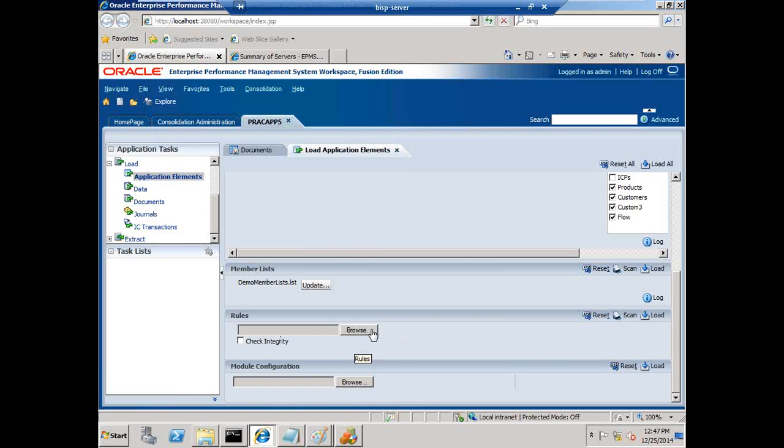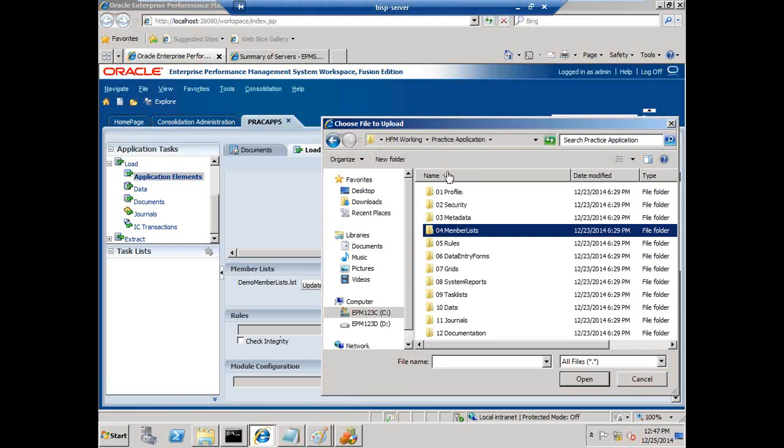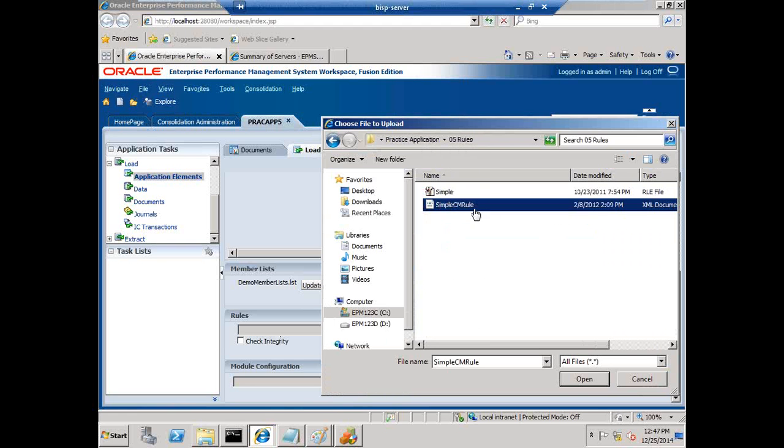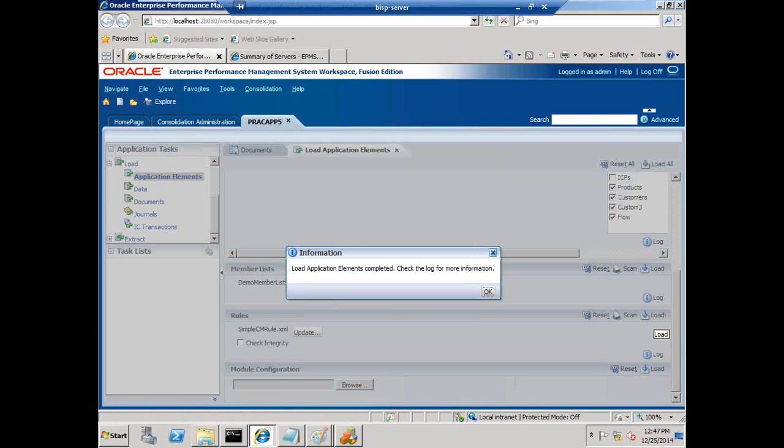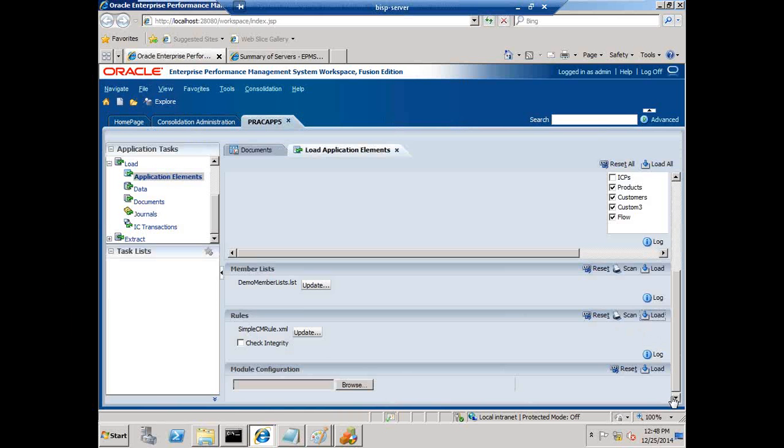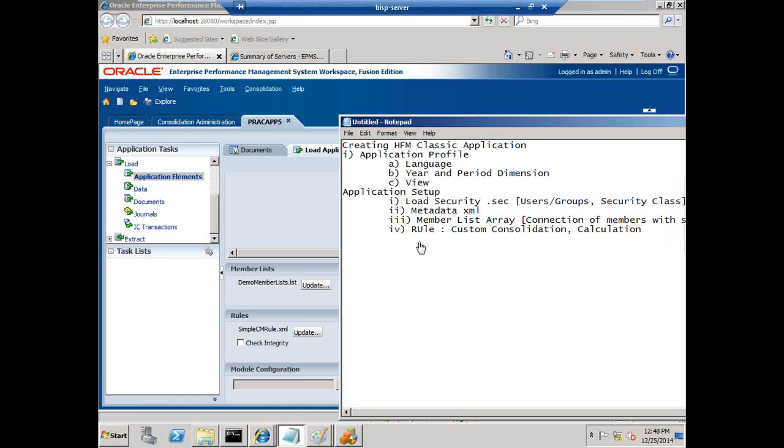This is RLE extension. You browse it to your rule file, XML file, open. You can scan and load it. Right now I'm going to load it directly. Load the rule file. It is done. The final activity, the module configuration, is not mandatory at this point of time. Basic activity is done. Whatever I've done so far, I'd like to evaluate it in order to test our metadata